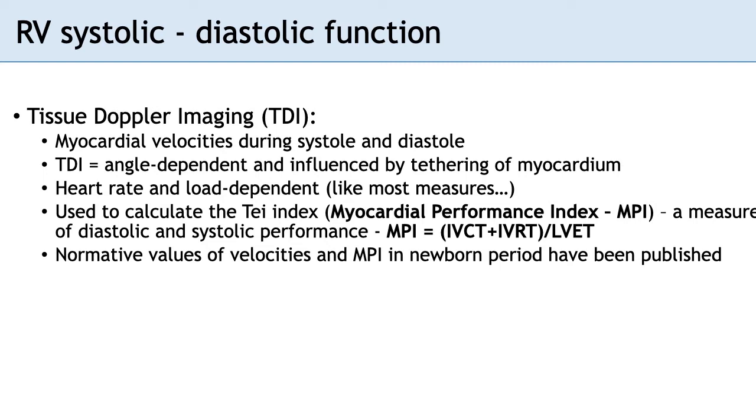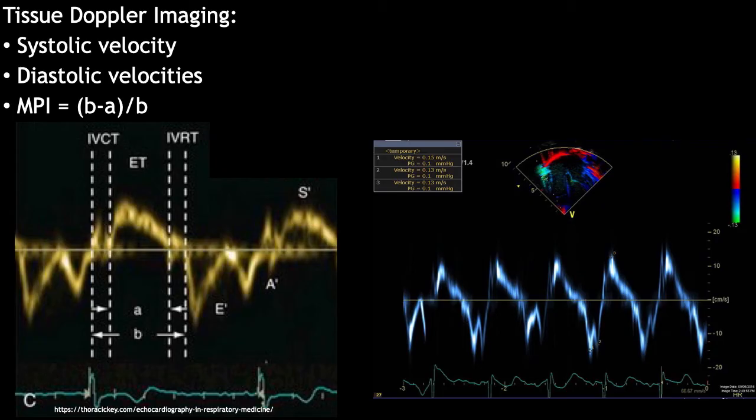And you can use it to calculate what we call the myocardial performance index, which is a measure of systolic and diastolic performance, and usually calculated as the isovolumetric contraction time plus the isovolumetric relaxation time divided by the ejection time. And normative values have been published. So in this panel, you can see that you can measure the systolic velocity, so the peak velocity of the myocardial movement in systole. And then you can often measure also the early and atrial phase of diastolic function. So the early phase is when the ventricle gets this early passive filling, and the A phase is during the atrial contraction,